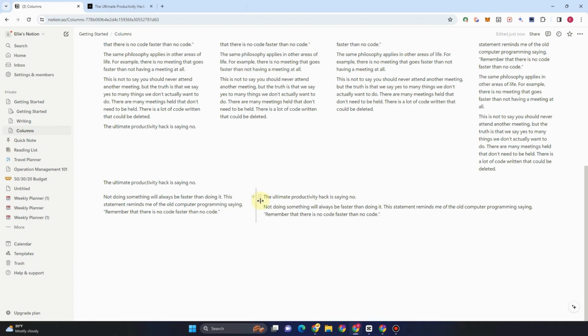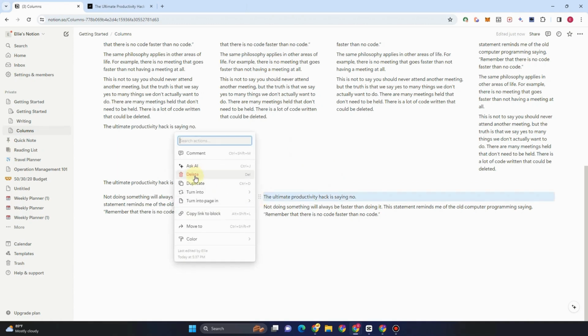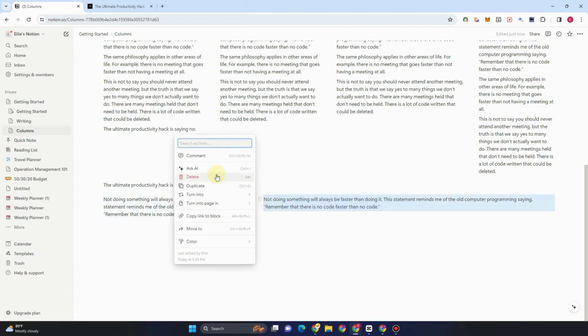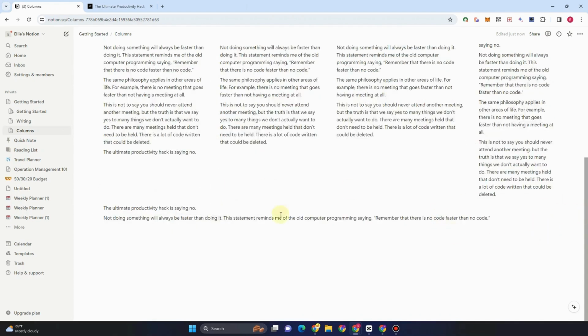Okay. But if you want to remove this, what you're going to do is click these 9 dots right here. Then you will see this delete. But if you want to delete all, then you just have to drag it all and then tap this delete